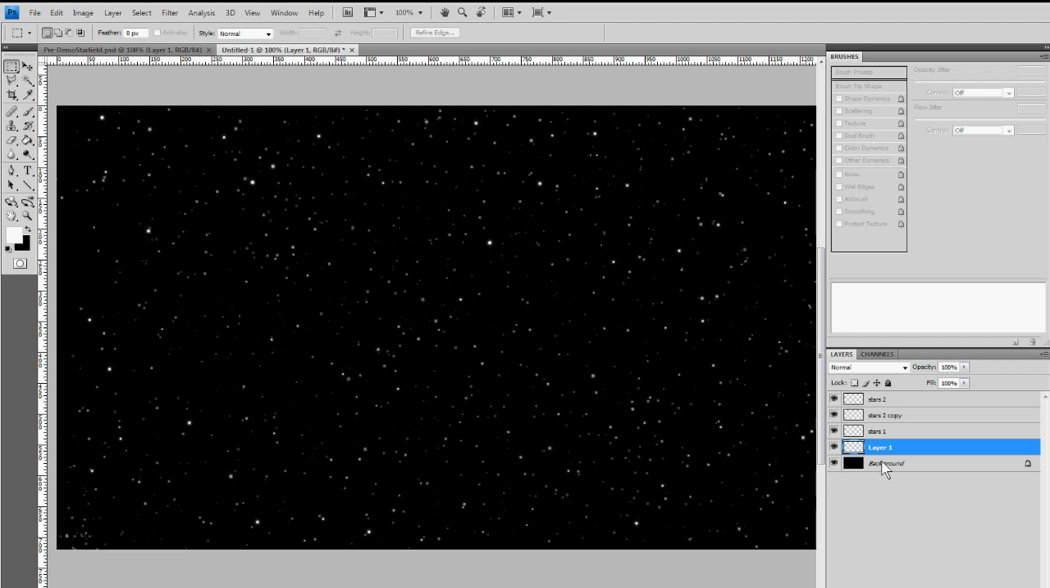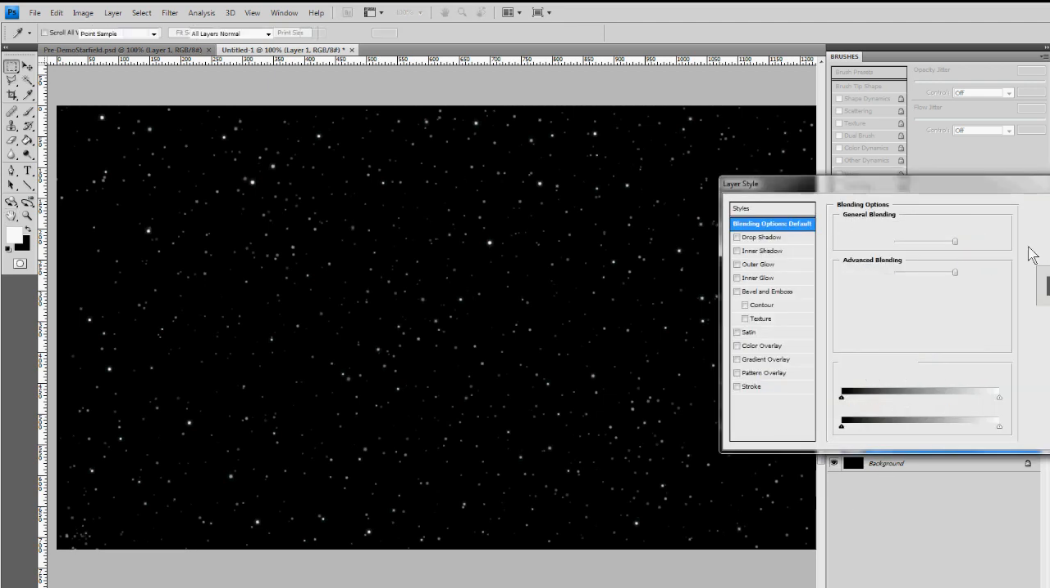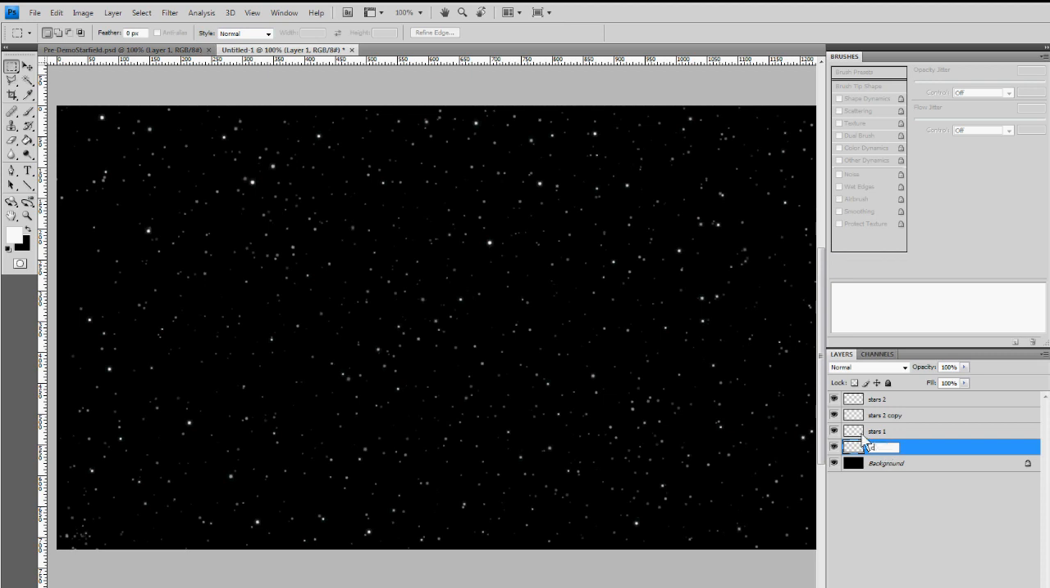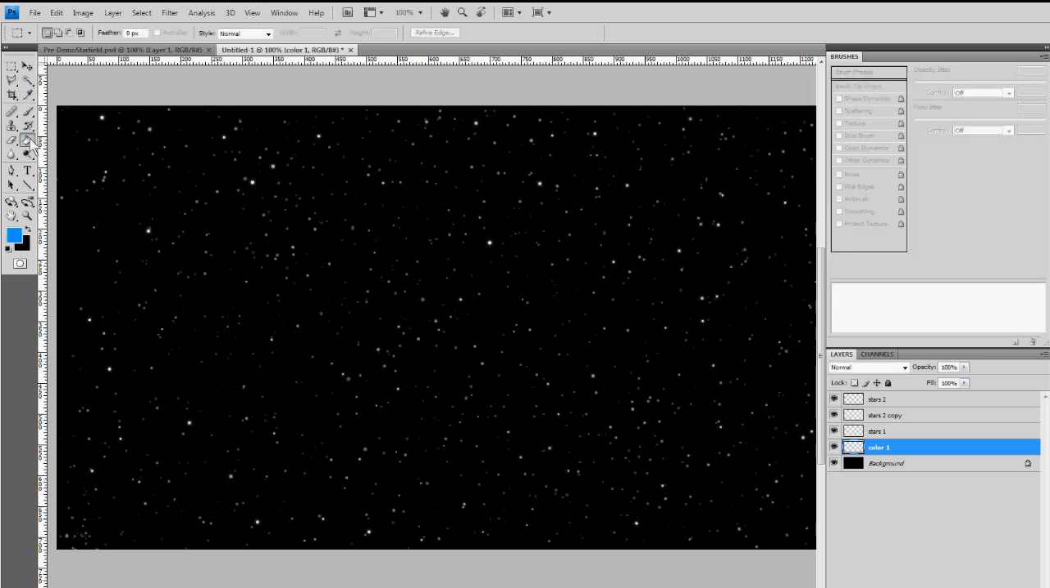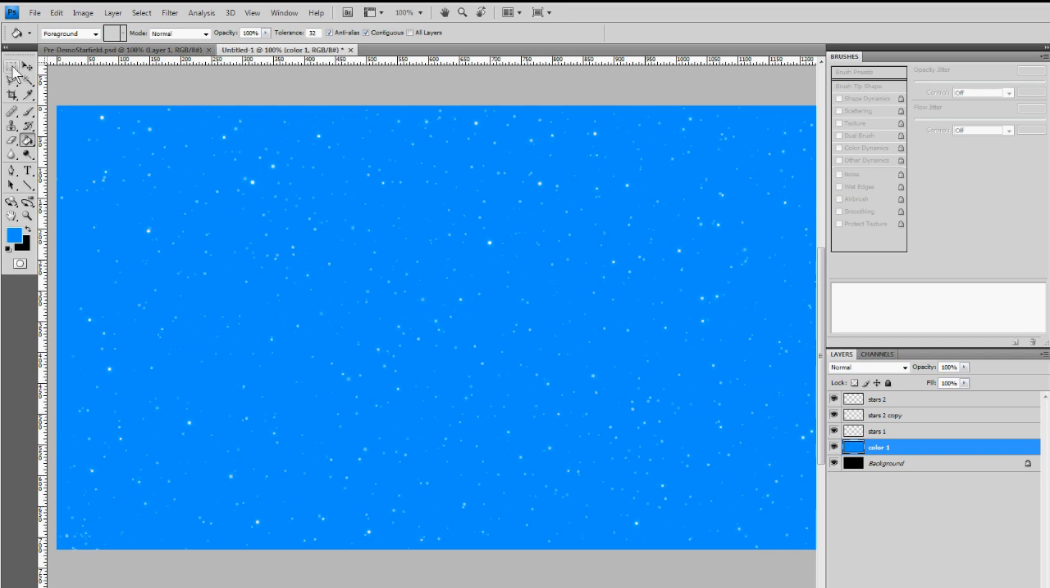and we're just going to call this color 1. Okay, I'm going to go over to my color picker here. I'm going to choose kind of a bluish color, nothing too electric, but kind of deep blue. Hit OK. I'm going to select my fill tool and fill it in there,